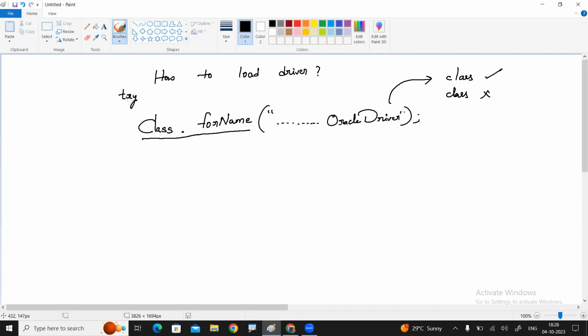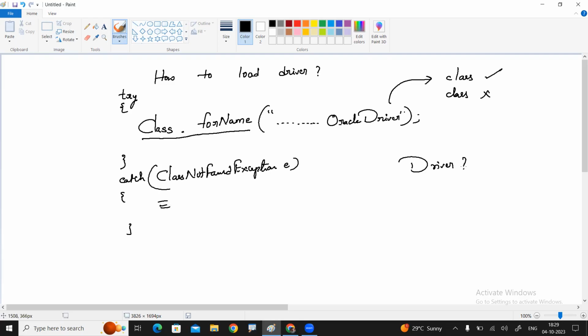So everything we need to handle with try catch. What is that? ClassNotFoundException. So these are the maximum questions they will ask. What is the driver? Tell me the driver class name. In which package is it available?